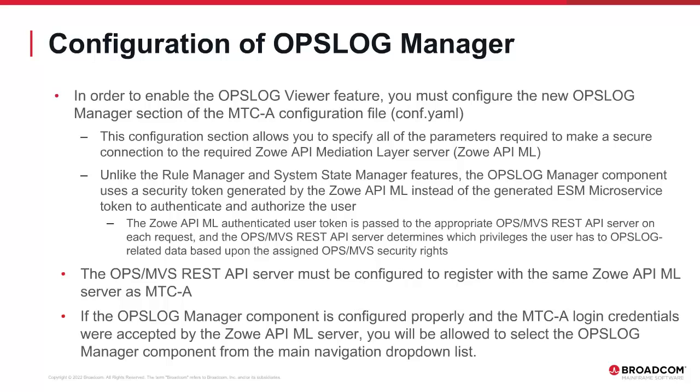MTCA uses the Zoe API ML as a gateway to gather OPSLOG records from all registered instances of the Ops MVS REST API server, which in turn forwards these data requests to their associated Ops MVS instances for authentication and processing. In order for MTCA to discover all running instances of the Ops MVS REST API server, each server must register to the same Zoe API ML instance that is specified by the connection parameters in the OPSLOG section of